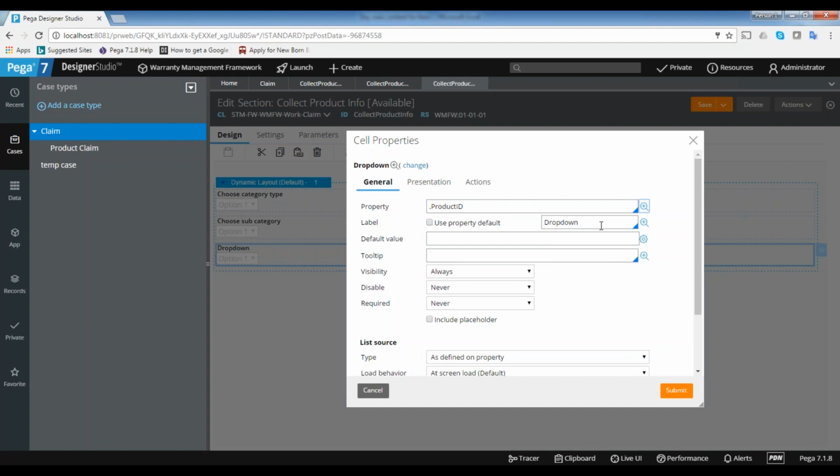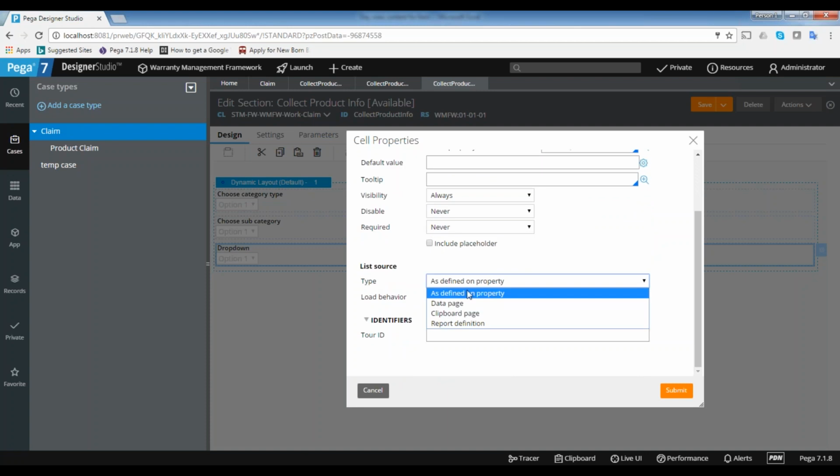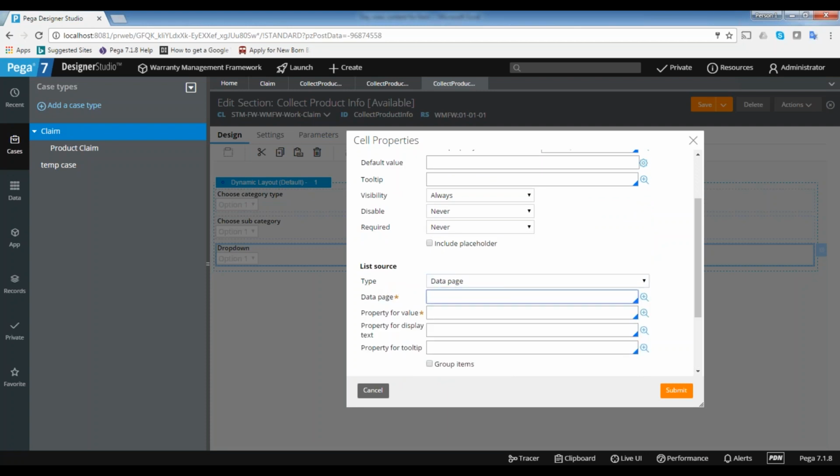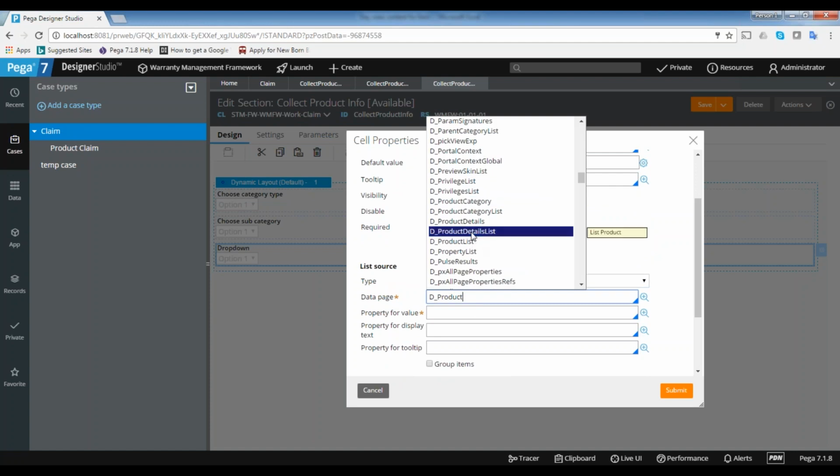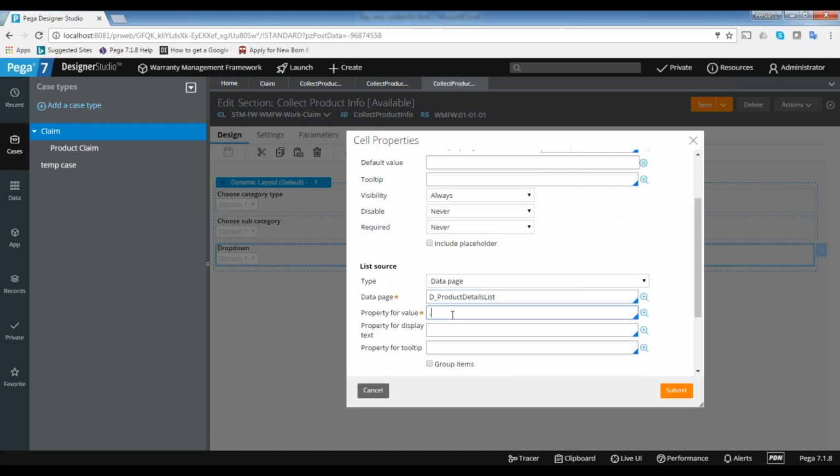Product ID shows the product. Here also the source is a data page again. So here D underscore product, already we have a data page to retrieve the product details list. Also the same thing again, pyID, then pyLabel.